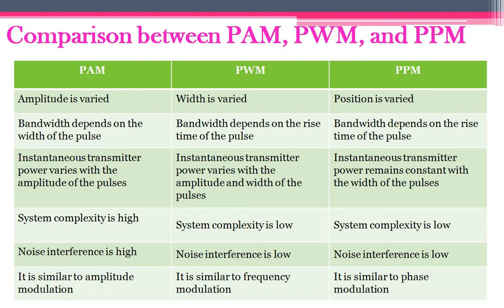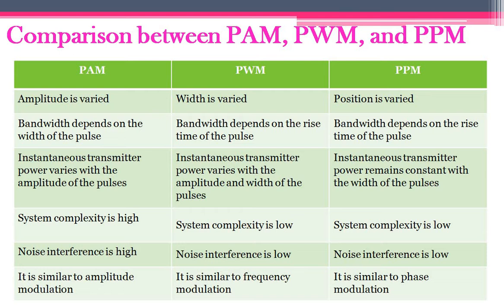So what was the definition of pulse position modulation? The position of the pulses will be varied in accordance with the amplitude of the modulating message signal, correct? So that was pulse position modulation. For generation of the PPM signal, what do you require? You require a pulse width modulated signal generator, the PWM generator. To that PWM generator we have to add a monostable multivibrator. Why are we going for the monostable multivibrator? It is a trailing edge generator, right? A negative edge generator. That's the reason we go for the monostable multivibrator which generates the PPM signal.